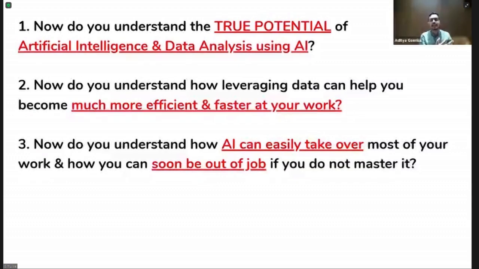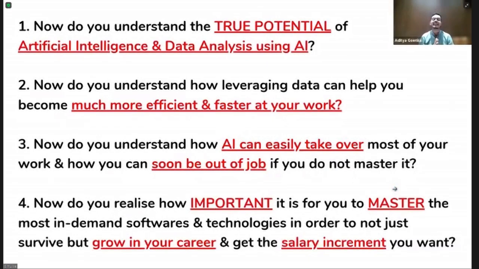Okay, if all of this analysis, all of this dashboard creation and everything has gotten so easy with AI, with the things that I taught in this session, do you think that you can't be soon out of your job? A lot of these things can be automated and done in a much easier manner without the requirement of so much manpower.